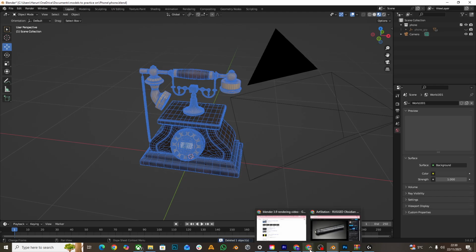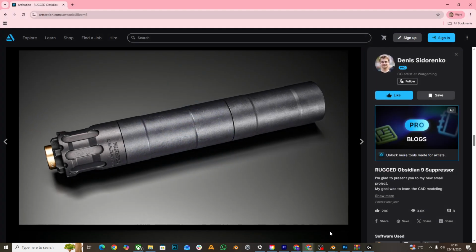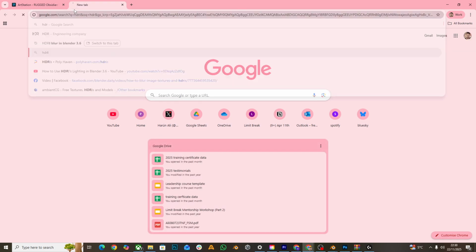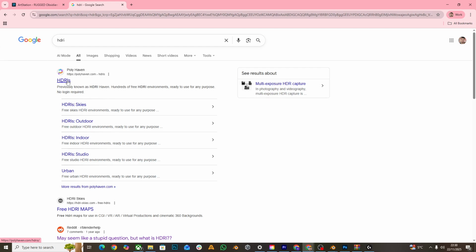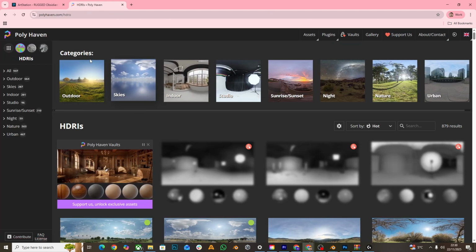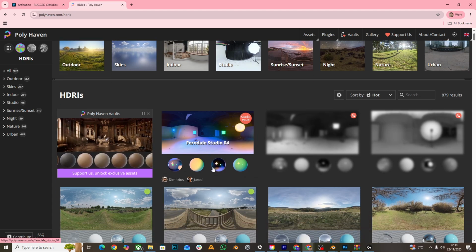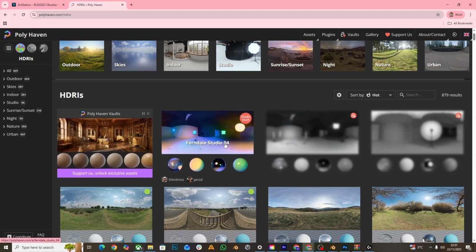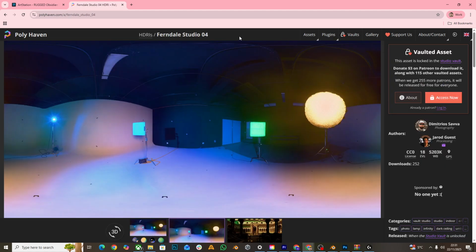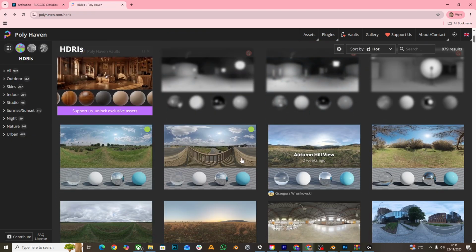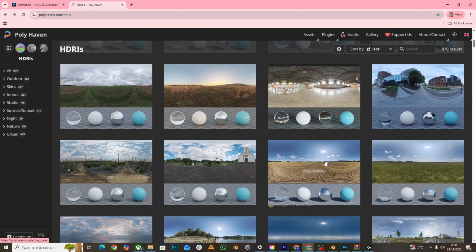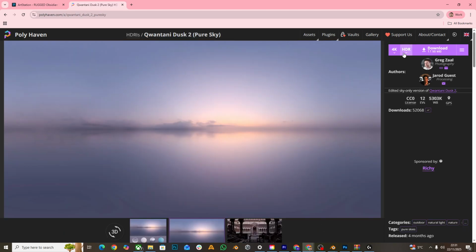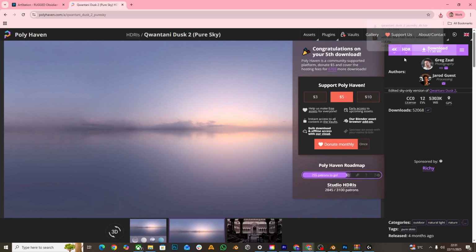So there's a really great website that I do recommend. If I just bring it up, I type in HDRI Polyhaven. There are numerous different HDRI environments that you can download, which all have their own set of lighting. For example, if I go to this one here, this one is actually paid for. Some of them are free and some of them are paid for. So let's go for, say, this one here, HDR. If I download that,